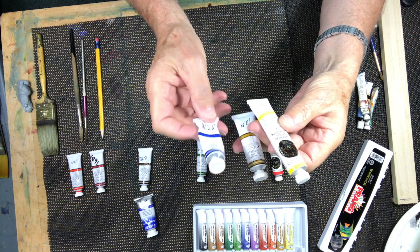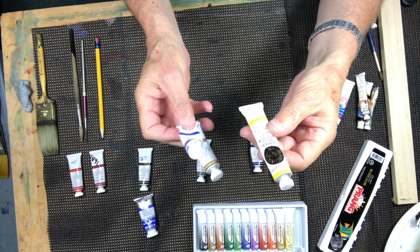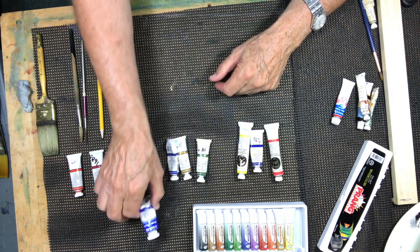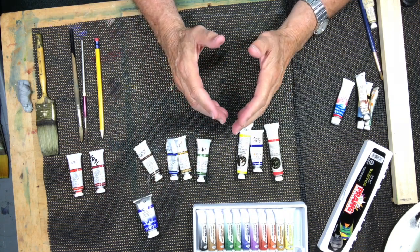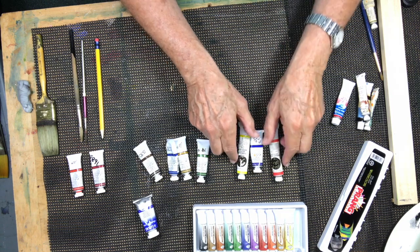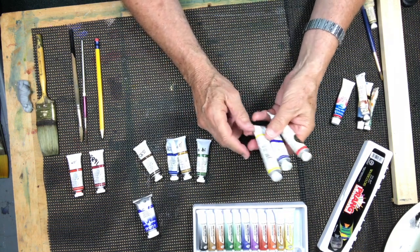But these happen to be M. Graham, which is a professional company, and Da Vinci. Here's one from Lucas. Most of these companies also will make a student grade, so be careful of that. If it's too inexpensive, then you probably are buying a student grade paint. But you can get by, if you just wanted to start with a professional grade, you could get by with